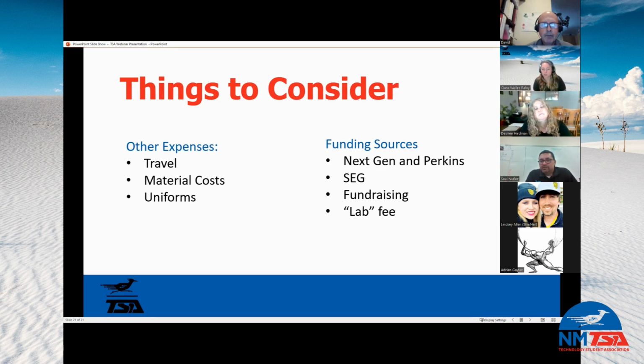One of the things I want to put on for uniforms is you can of course have your students pay for the uniforms. You yourself can purchase a uniform for a particular student. But if you are thinking about using Perkins funding to purchase your uniforms, you can do that, but they need to be like a football jersey or a choir robe, right?